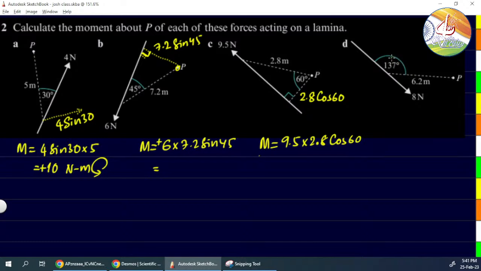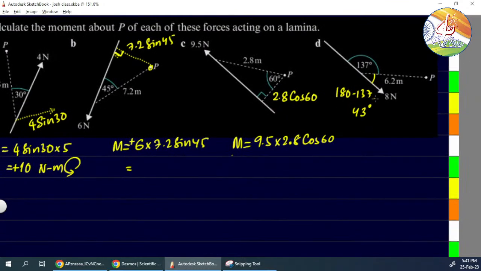The other angle has been given to us, so we need to be careful. First we need to find this angle. How much is this angle? 180 minus 137. How much? 43. Correct? Yes, 43 degrees. Now we can either take a perpendicular component of force, or find the perpendicular